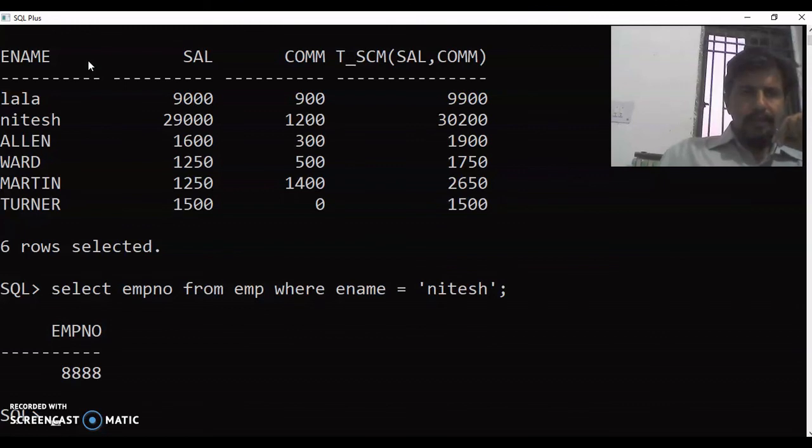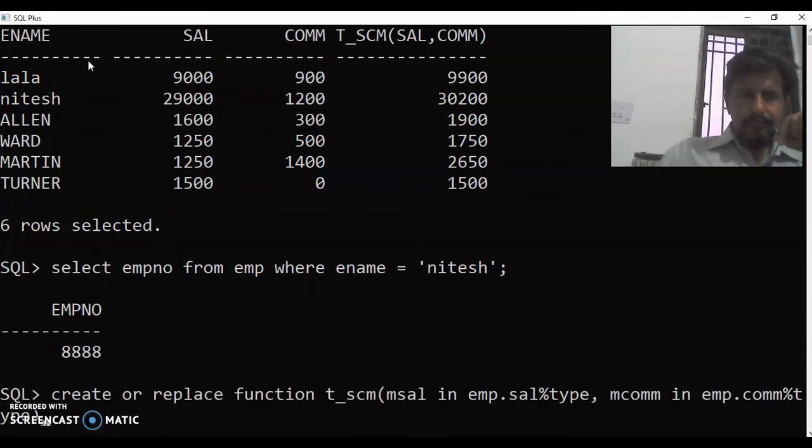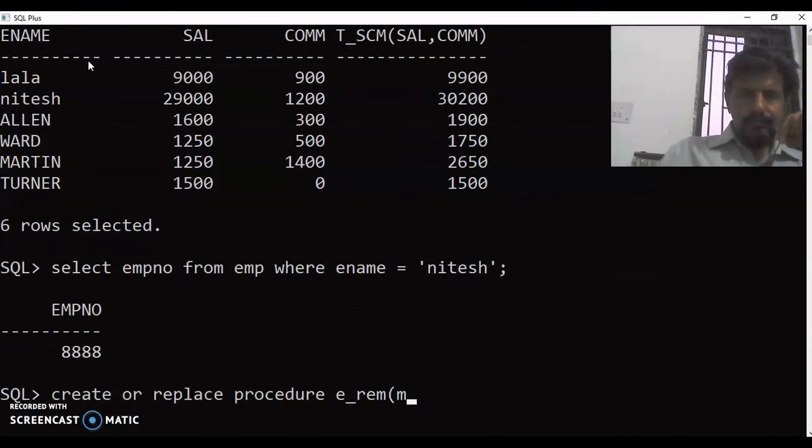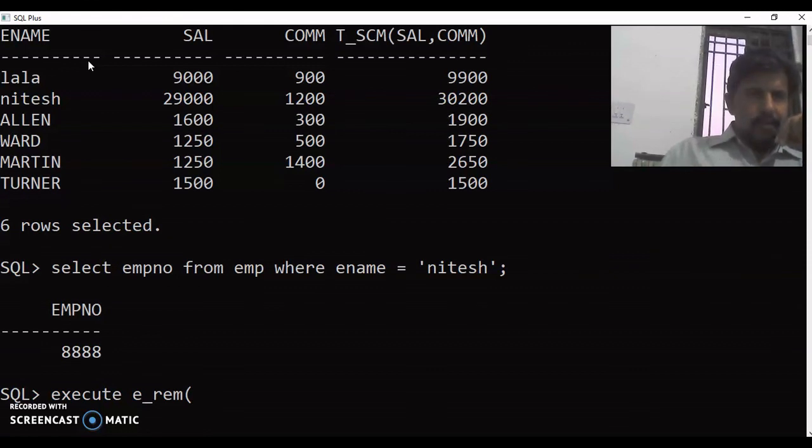So 8888. We will say execute e_rem, and here we will pass the employee ID of Nitesh. The employee ID is 8888.